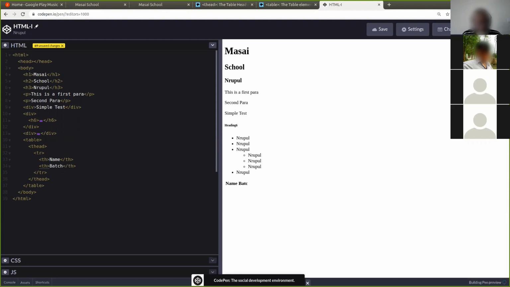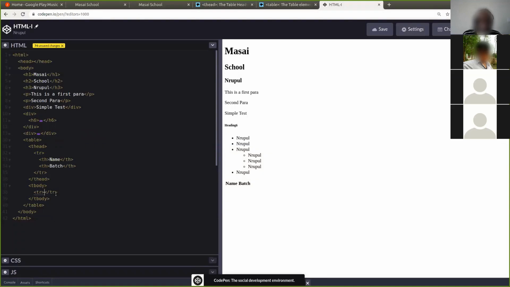So without any styles, it will not show borders. If you want a border, you have to use something called attributes. I'm going to teach you what attributes are. In the meantime, let's try to create a table with more rows. Now all the rows I'm creating are the actual table rows, so everything goes in tbody.